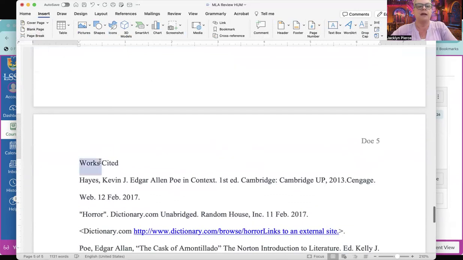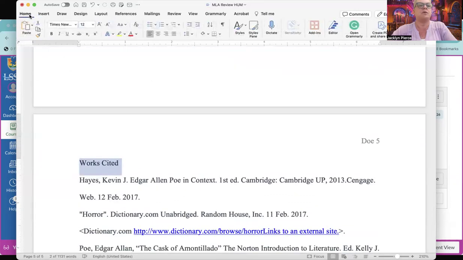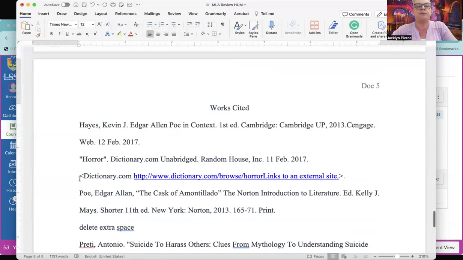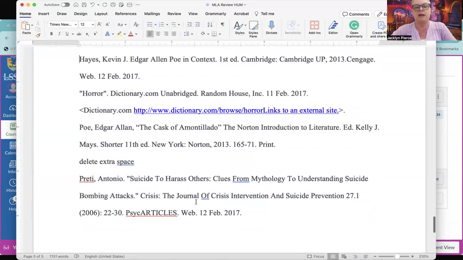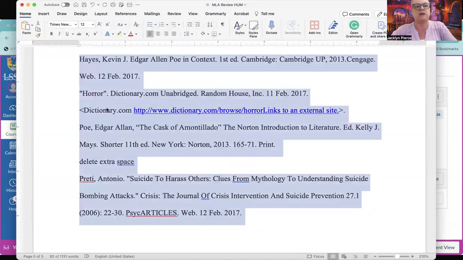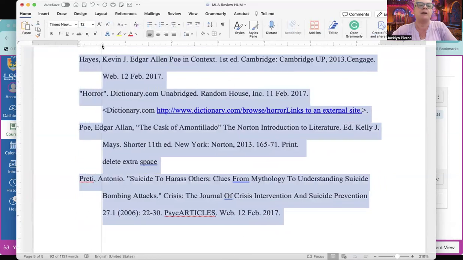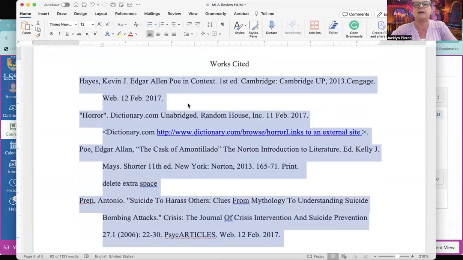And works cited gets centered. So we're going to center that. The bibliography needs to have a hanging indent. So we're going to highlight the whole thing and we're going to move the bottom triangle over so that everything has a hanging indent. Now, there are a lot of problems with this particular works cited list, and I'm not